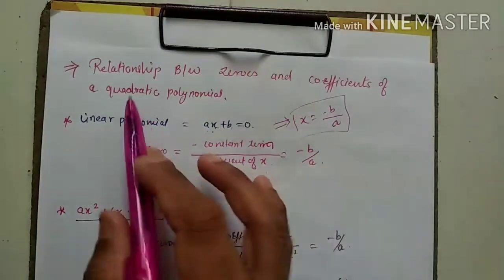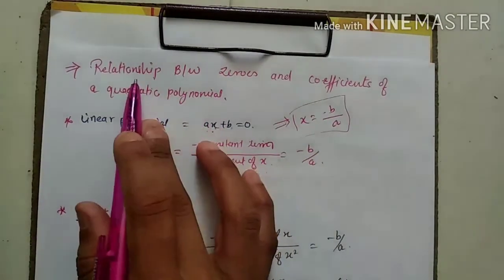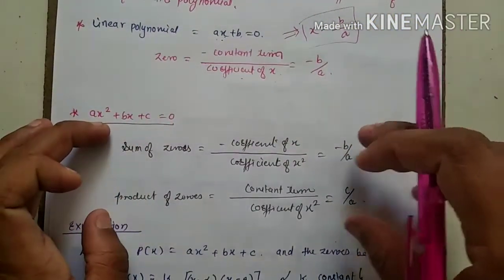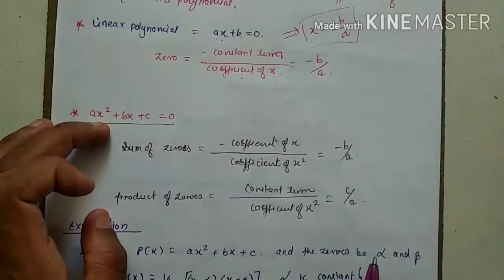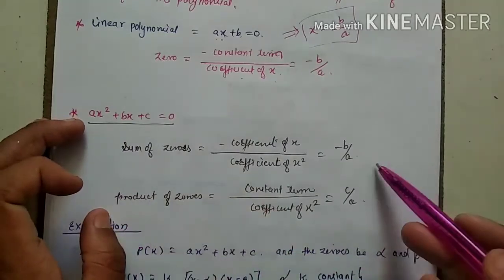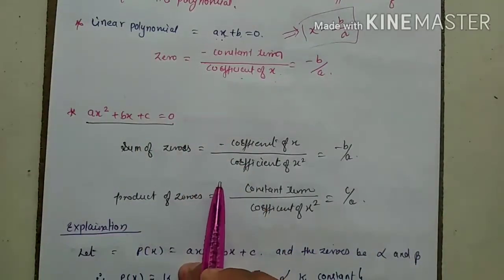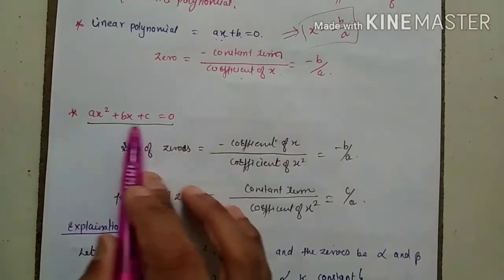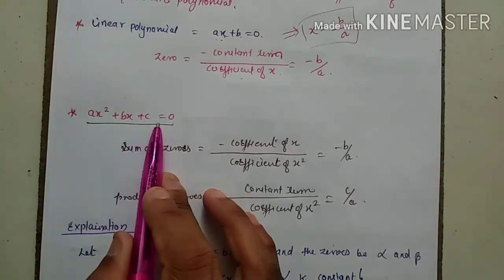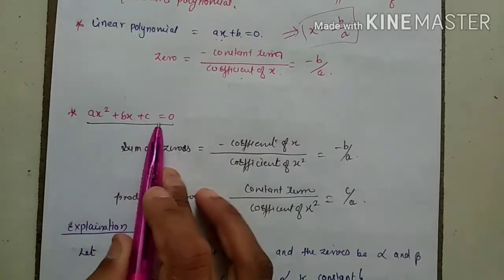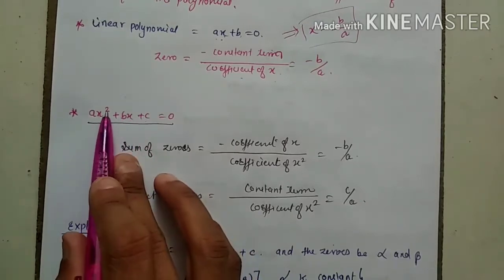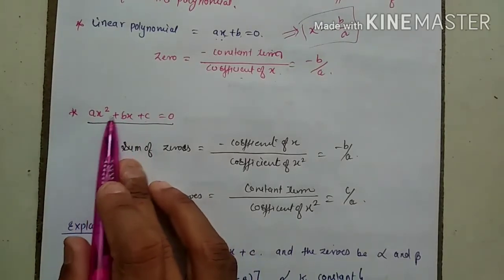Now come to your quadratic polynomial. Come to the quadratic. You have to find the relations. First of all, I have given these two formulas. These two formulas are derived from one question. I will explain to you how they are derived, but you have to learn these two formulas to find the relation between the zeros and coefficients. Okay, so first of all, this is the format for writing your quadratic polynomial: ax square plus bx plus c. C is the constant, b is the coefficient of x, a is the coefficient of x square. This is the way.